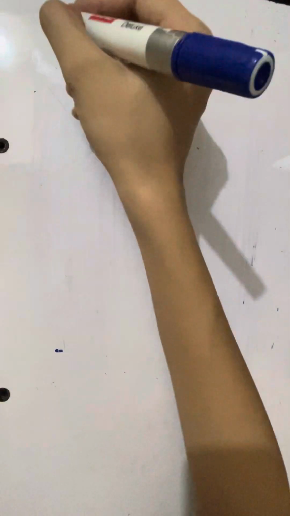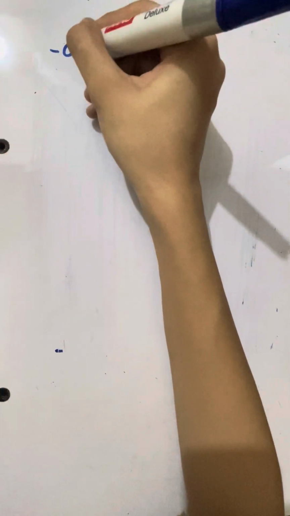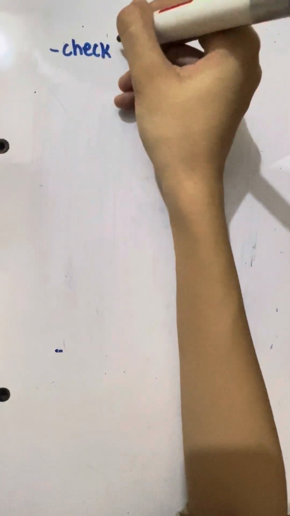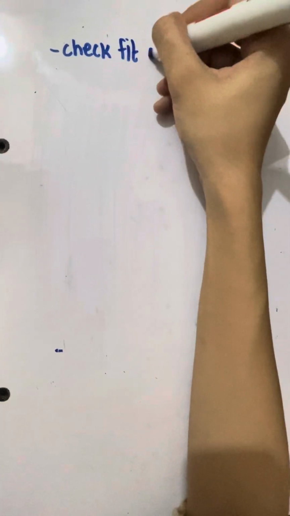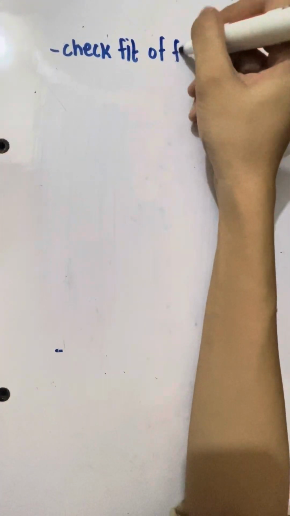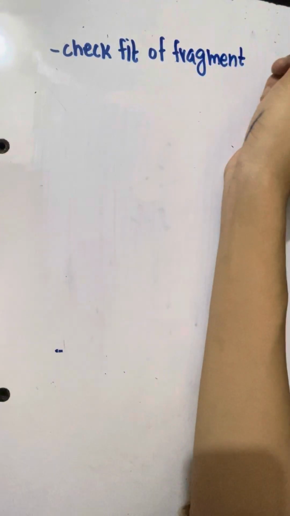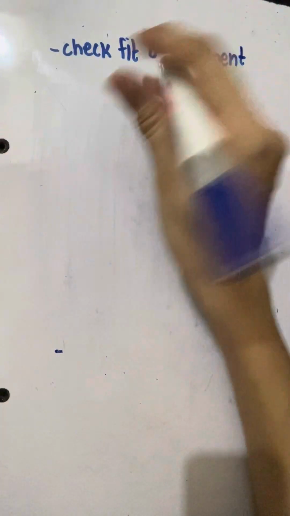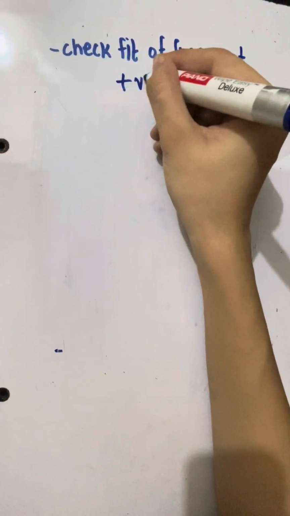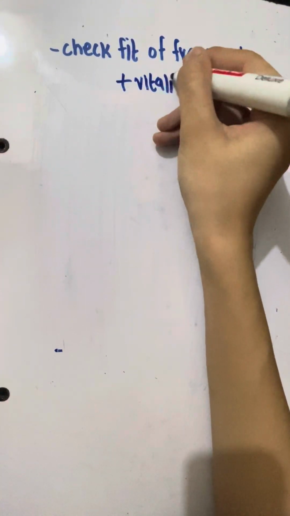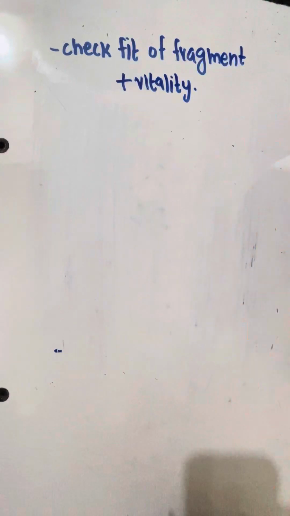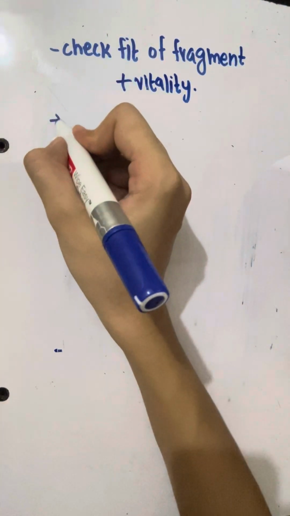First of all, you will check the fit of the fragment. Just like we check the fit of our clothes before putting them on, we will check the fit of the fragment. We will check the fit, plus we will check the vitality of the fragment, if it is vital or not. Then we will clean the tooth